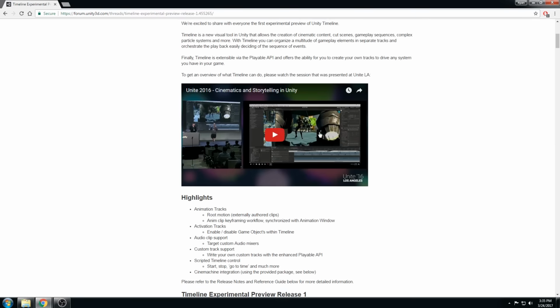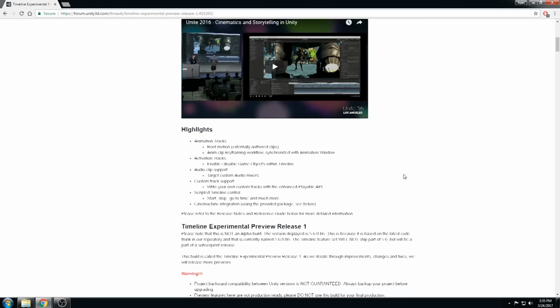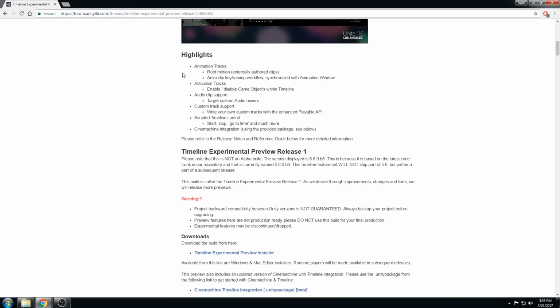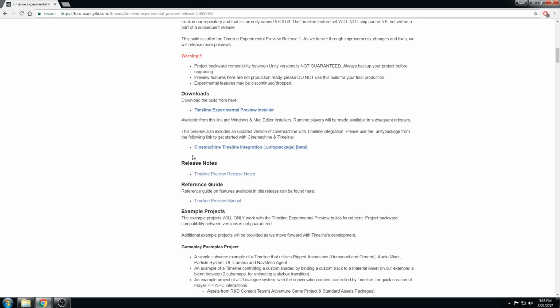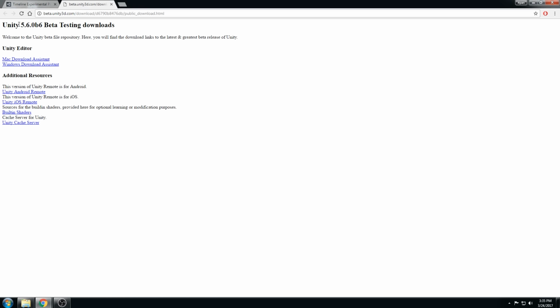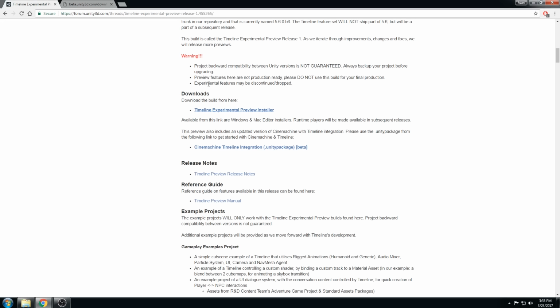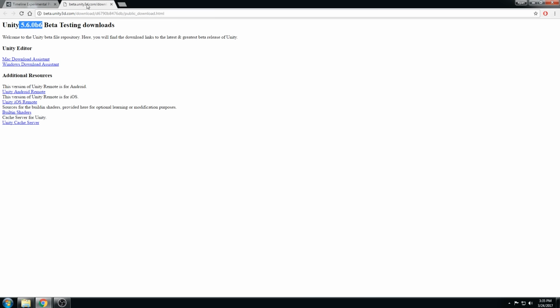You can see how powerful it is at Unite 2016. Here's some of the highlights. And you've got to get the download from right here, the Timeline Experimental Preview Installer. So that takes me here, and it's Unity 5.6.0b6. But apparently it's not just the regular Unity 5.6.0b6, it's a special version, so you need to click your download version. I'm on Windows,